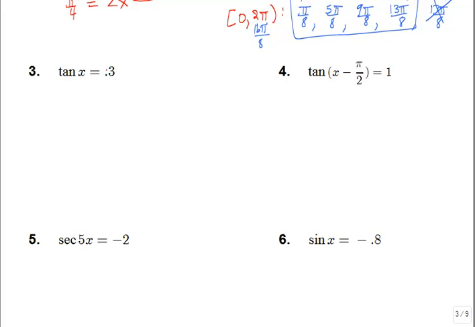So in order to solve for x here, we're going to need to undo this tangent, which is what an inverse tangent is for, and we're going to need to use our calculator because 0.3 isn't one of our good angles, our good values. So we need to use our calculator to figure out what the inverse tangent of 0.3 is. So I'm going to pull out my calculator,